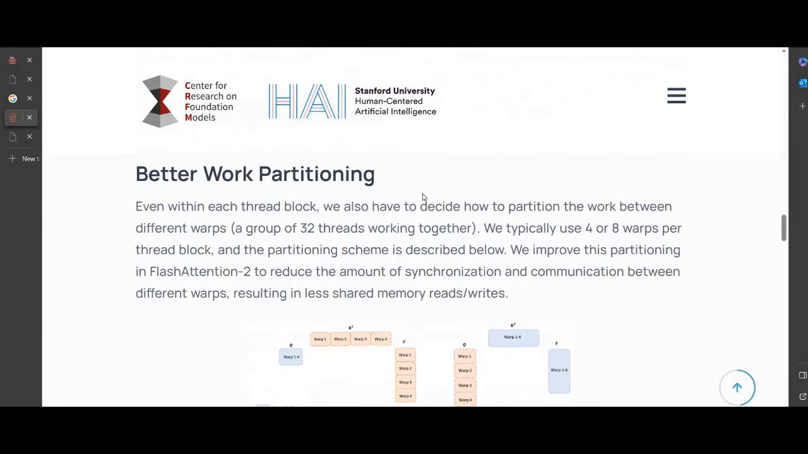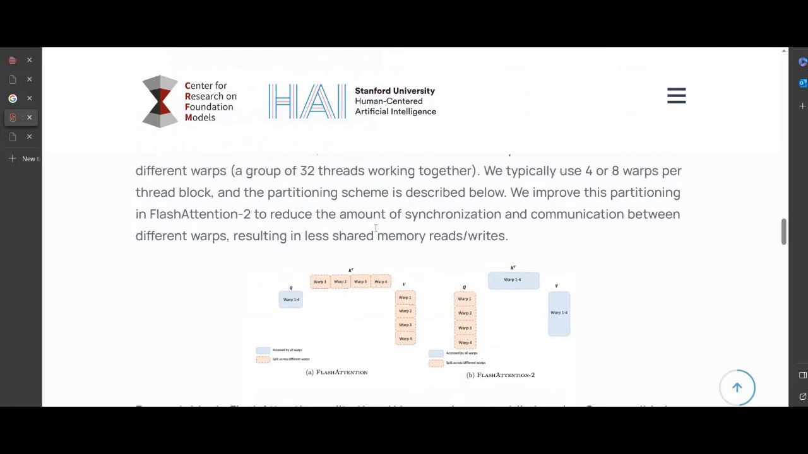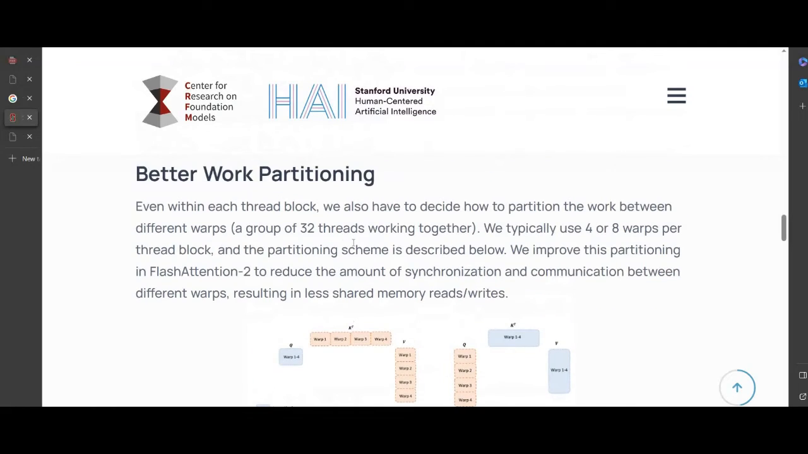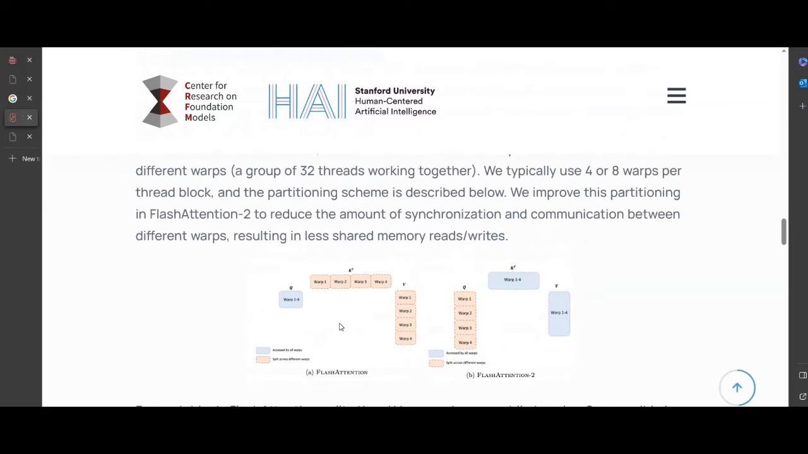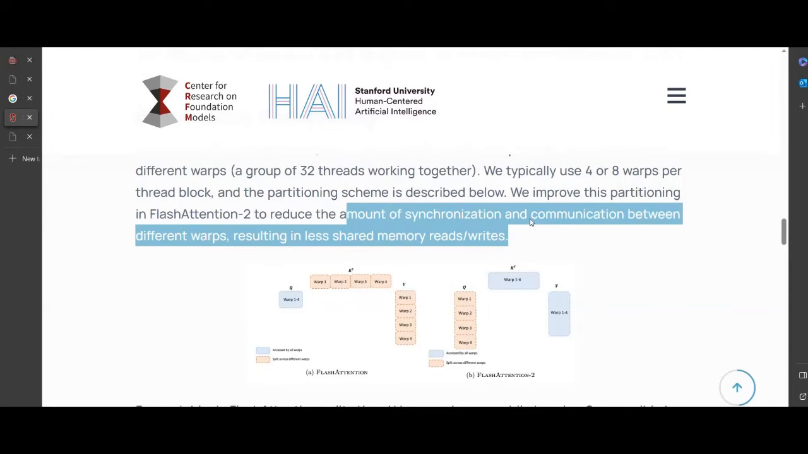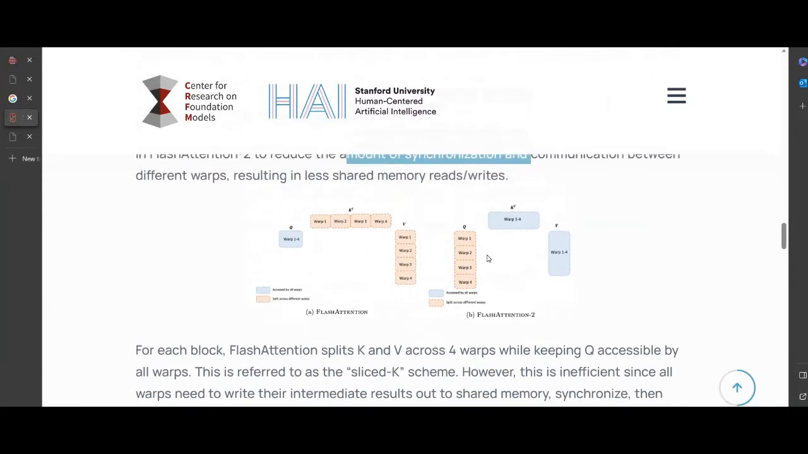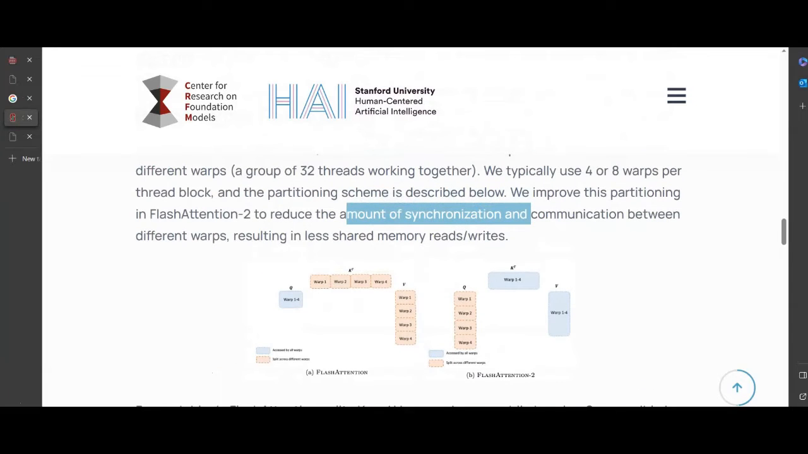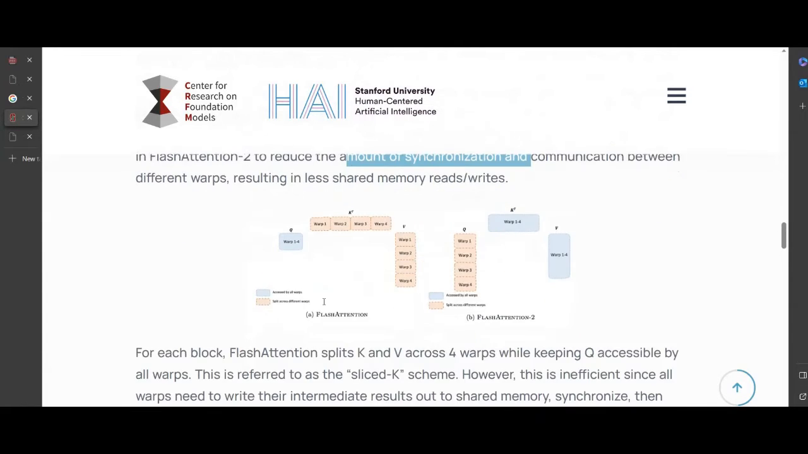Now, even within a thread block, they have to determine how to partition the work between different warps. A warp is a group of 32 threads working together. They say that we typically use 4 or 8 warps per thread block, and the partitioning scheme is like this. They change this partitioning scheme to reduce the synchronization and communication costs and to speed things up. This is a very low level detail, but